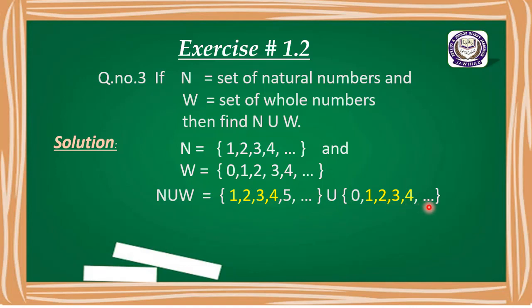1, 2, 3, 4 and so on. And you can see here 1, 2, 3, 4 and 1, 2, 3, 4, these are the common elements of both the sets, so we will write them down only one time. Here we have 0, 1, 2, 3, 4, 5 and so on. These are the whole numbers. You can see here 0 with the counting numbers, the natural numbers, is the whole numbers, so we will get the resultant set N union W, which is equal to W. That is our required answer.